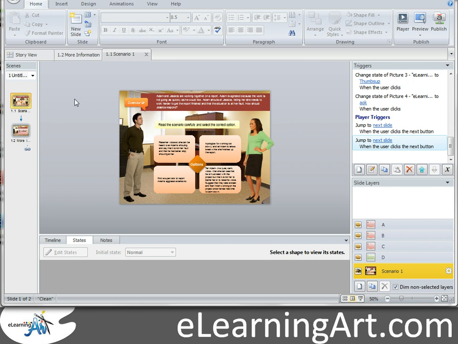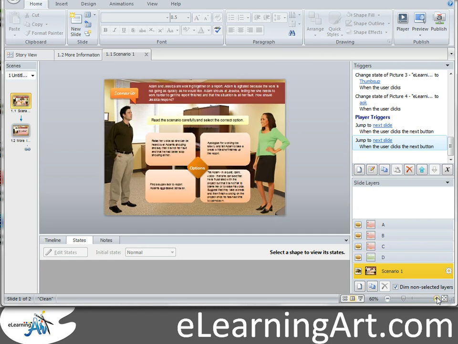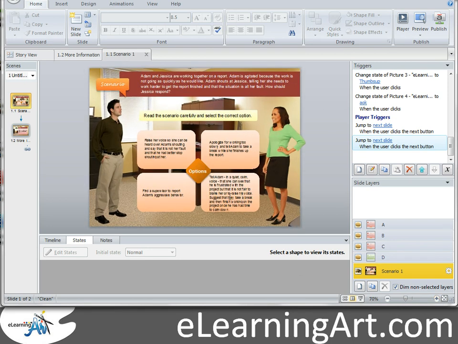So if you're working with PowerPoint, have you done any of the scenario building before in PowerPoint? One of the frustrating things is when you copy the scenario, a lot of the hyperlinks break and you have to go back and fix them. That's one of the really big advantages and production time savers in Storyline. So let's say this is my first scenario. I like it how it is, and now I want to go and change all of the information to create